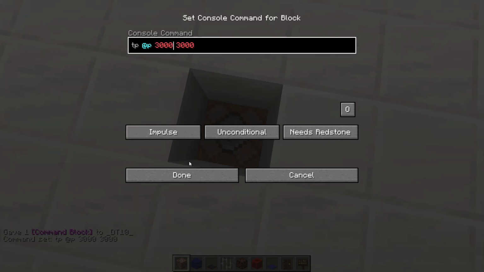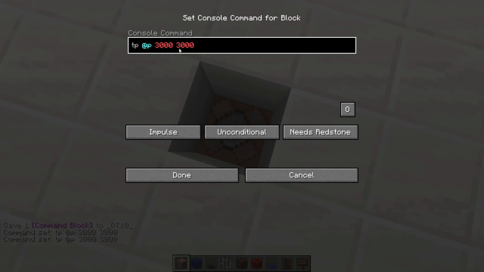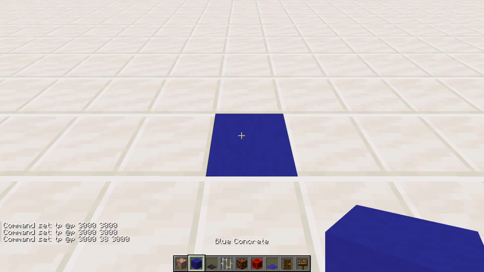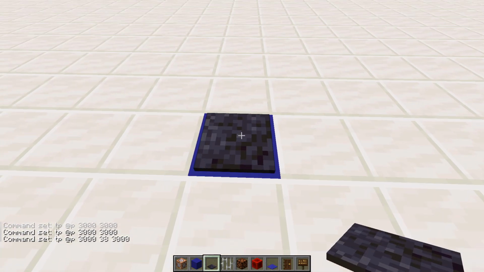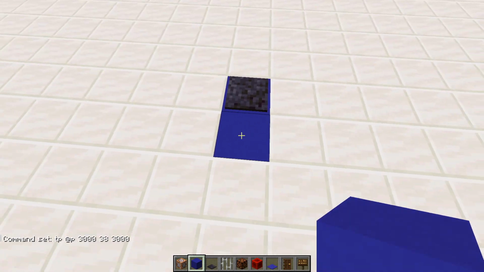But in the middle here, what you need to do is type 1 block above where your floor is. So for me, that's going to be 38. So I'm going to pop 38 in there like that. Then just click done and cover it up with some blue concrete and a black stone pressure plate on top like that. Now we're going to place another block of blue concrete right in front of this pressure plate,